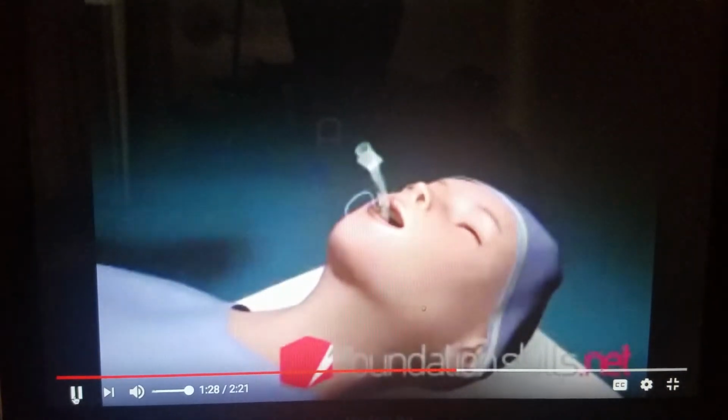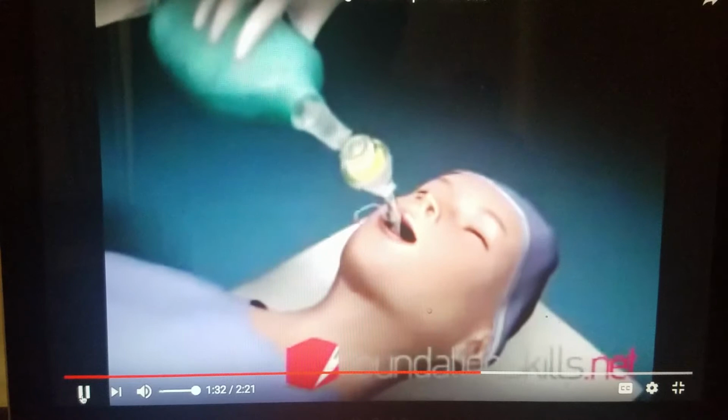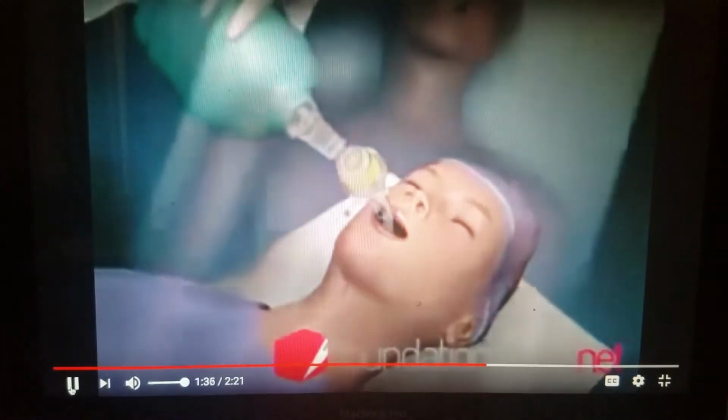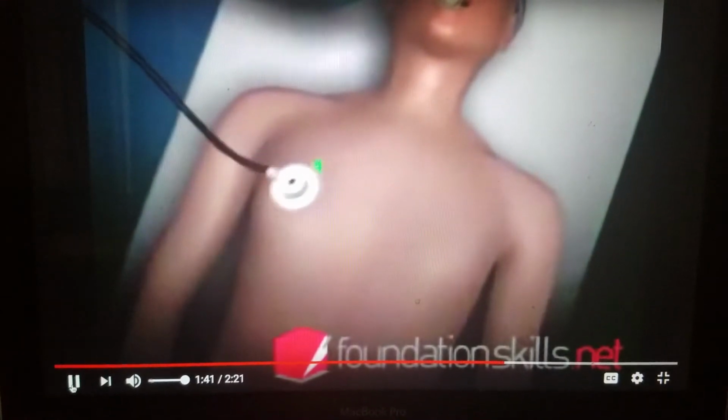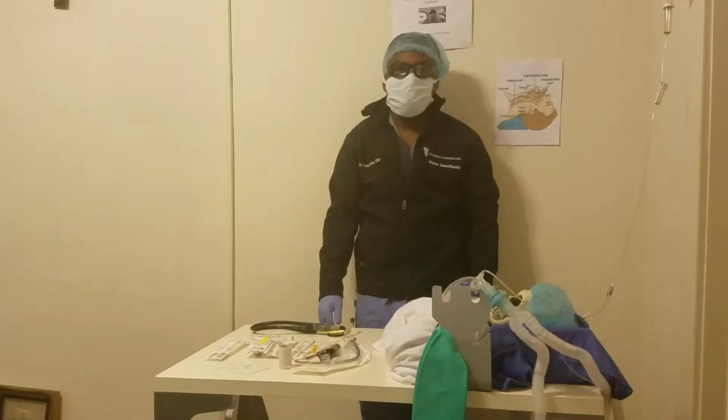Attach the tube to the bag and valve apparatus and ventilate the patient with the oxygen flow on 12 to 15 liters per minute. Confirm the position of the tube by auscultating over the apices of the lungs, the axillae and the stomach. If it is not in the correct position,